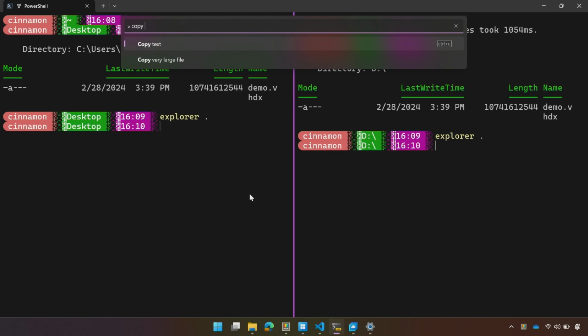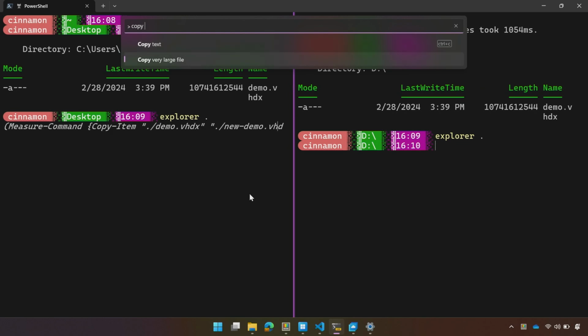What's really nice is if you have Terminal or Terminal Preview, if you install Canary or a different version, Terminal recognizes, oh, I have a settings file of a sister type of mine, I'm just going to copy those settings over. So you don't need to reapply the same terminal settings if you want to get on the more preview bits that we have to get the latest stuff. Everything should just work. The same goes for this command palette. I had this as a custom command, and then we came out with snippets, and it just worked, and it was awesome. But I'm going to run the command copy very large file.